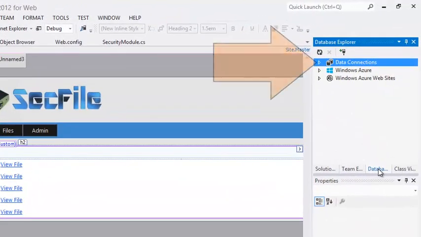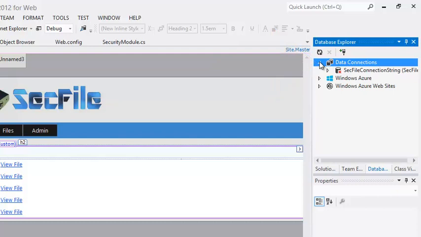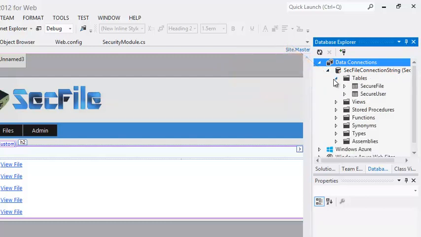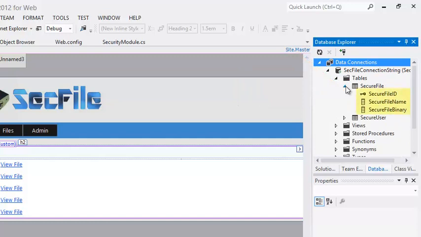Then expand Data Connections, expand Sec File Connection String, expand Tables, and expand Secure File. You can see that the Secure File Database table contains 3 columns: Secure File ID, Secure File Name, and Secure File Binary. Now return to the Solution Explorer window